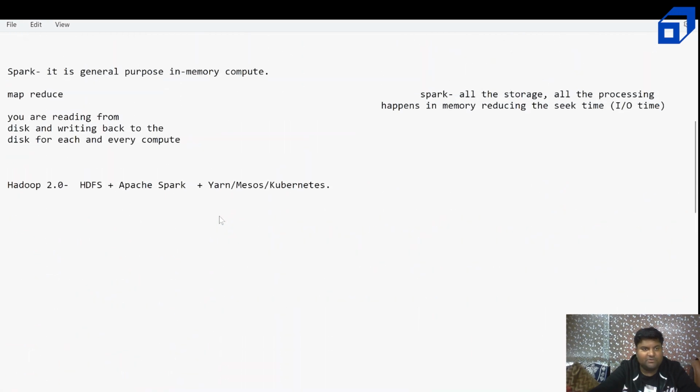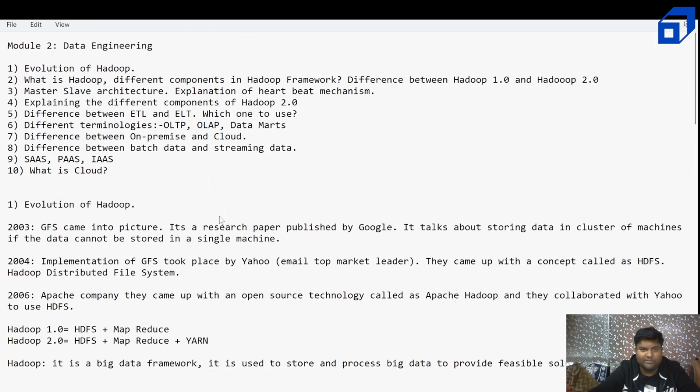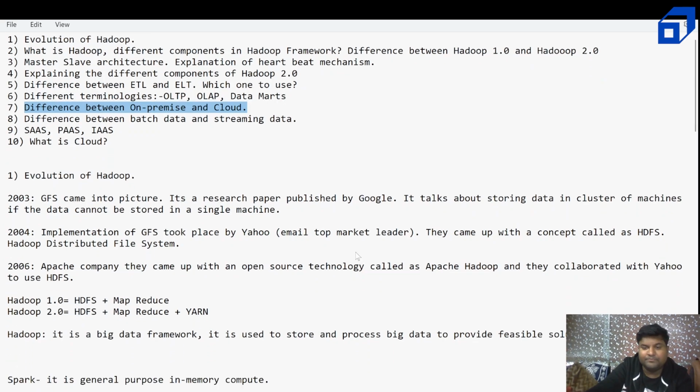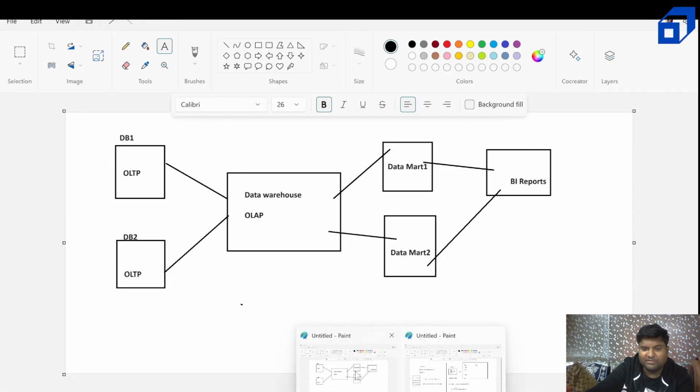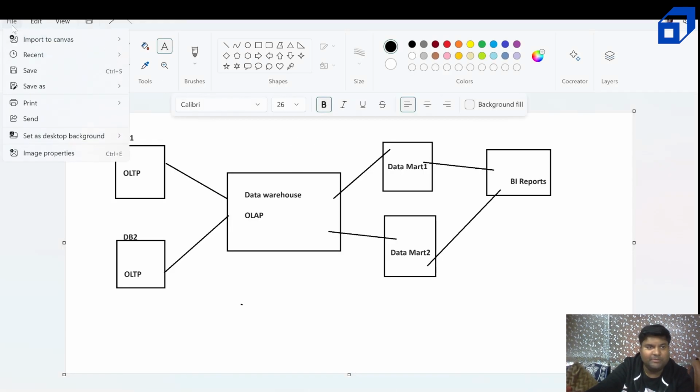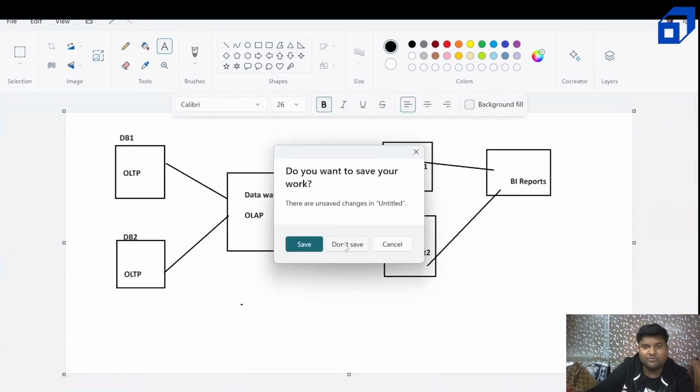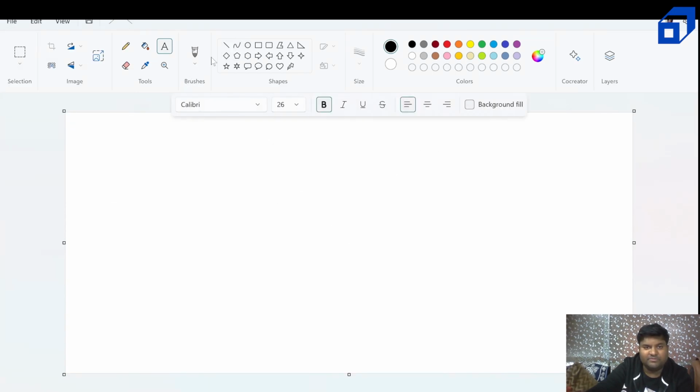So I have talked about the difference between OLTP and OLAP systems and what a data mart is. Now let's understand a very important concept: on-premise and cloud. We've been discussing different things, OLTP, OLAP. Now I also want to discuss the difference between